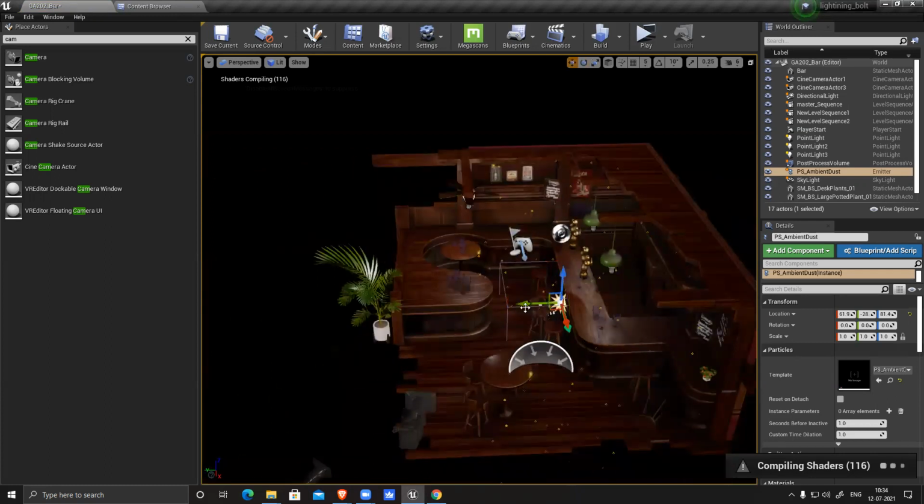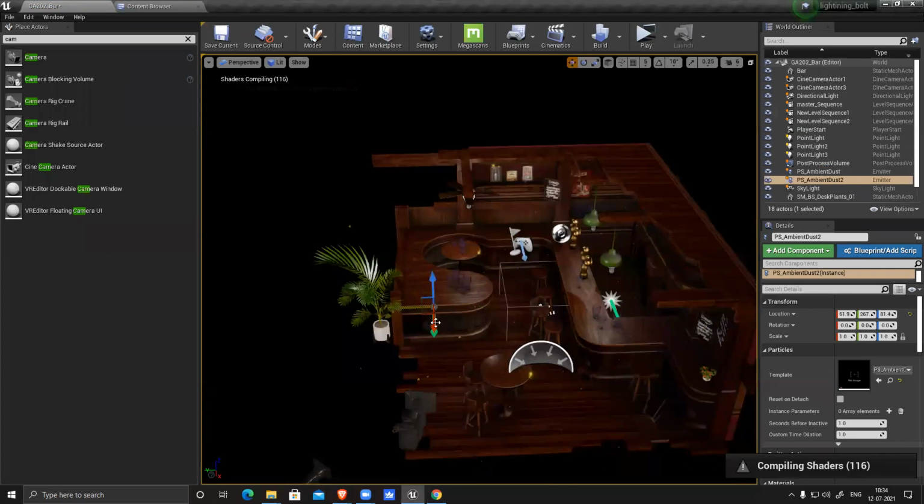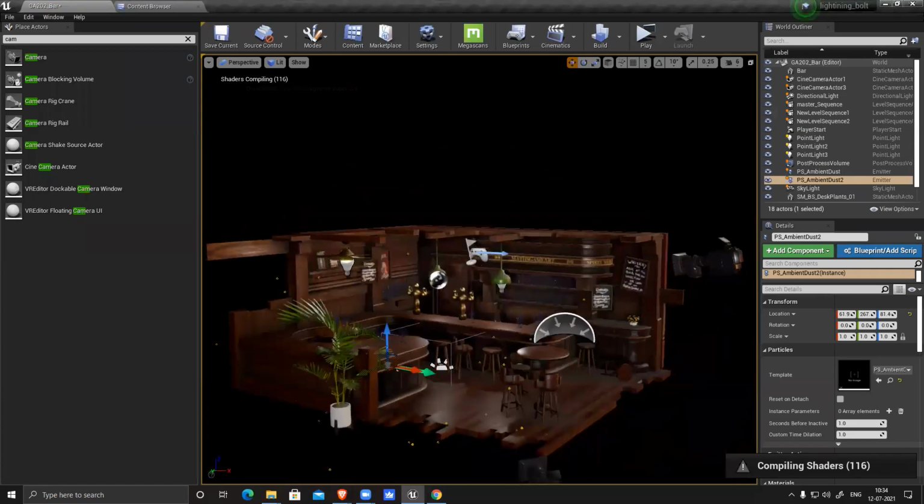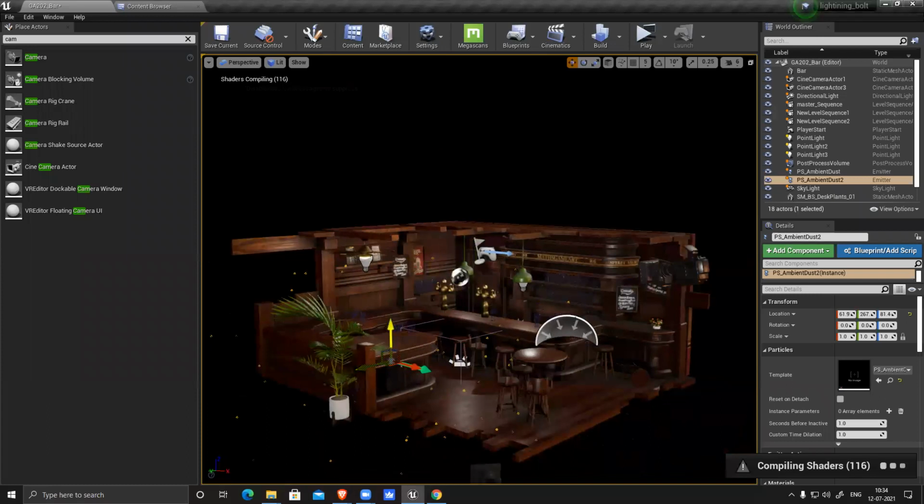I add a little ambient dust to make my scene a little more interesting and more believable, because no matter what scene you are working on, you will have ambient dust.